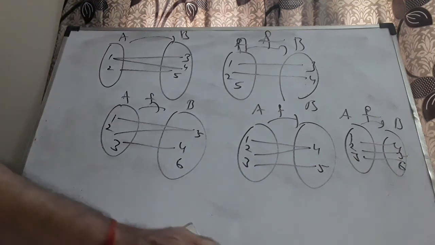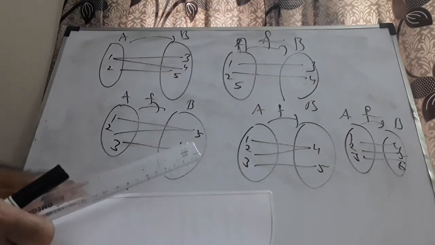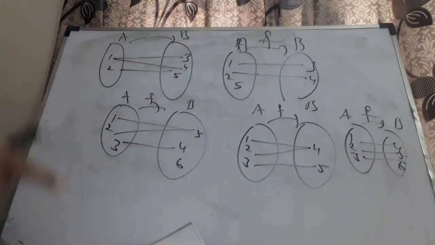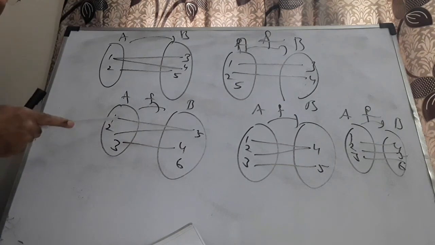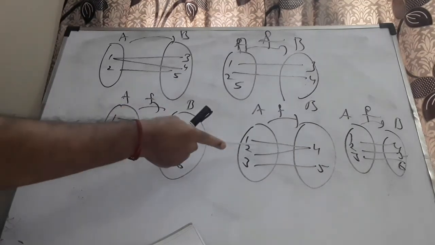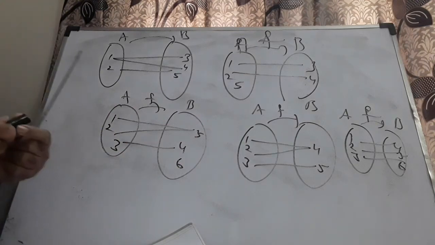And at the same time, you will be given another set of ordered pairs also to find out. You can give this as an ordered pair. Here 1, 5, 2, 5, 3, 4. And here of course 1 and 2 have the same image, therefore it is many to one. That is how you should write. Similarly, after looking at the ordered pairs, you are supposed to find out whether it is one to one or not, onto or not.